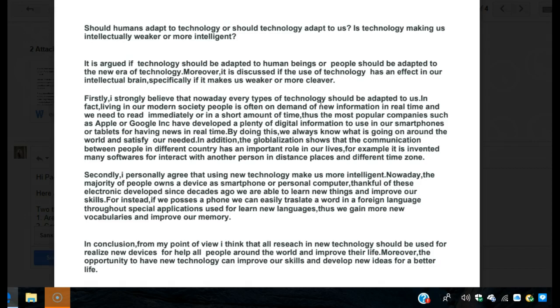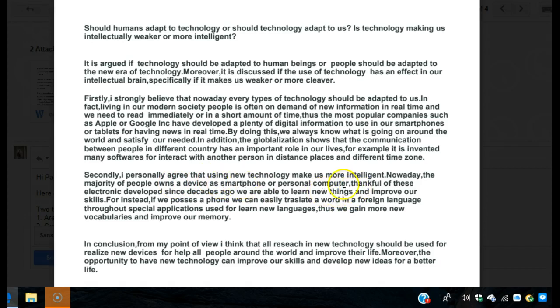Okay? Moving on. "Secondly, I personally agree that using new technology makes, with an S, us more intelligent. Nowadays, again with an S, the majority of people," this is always an interesting grammatical thing. It should be own, okay? Because even when you talk about majority, you're not talking about like the majority of pizza, which is like one thing, but you're talking about things that can be counted. So the majority of people own a device, such as smartphone or personal computer,